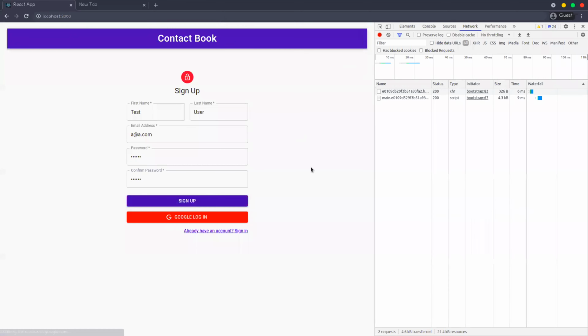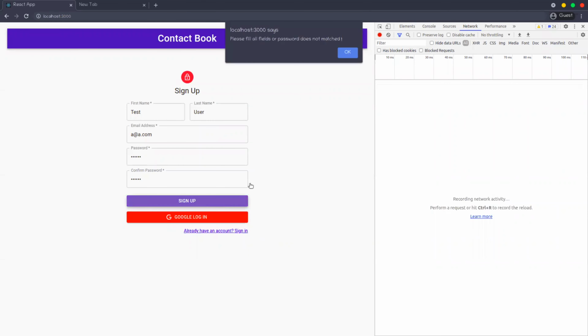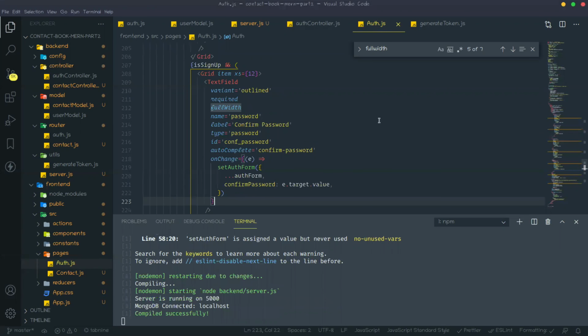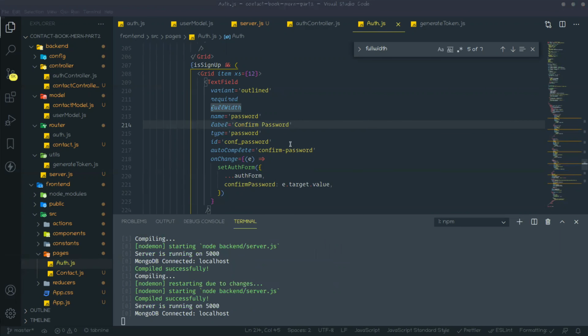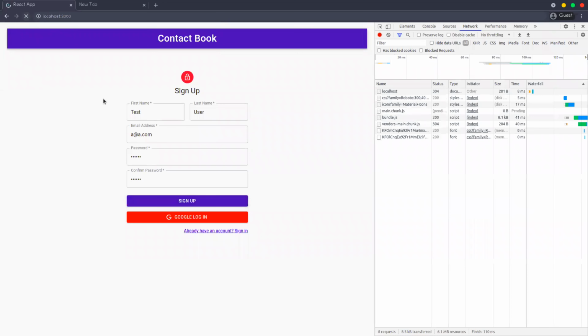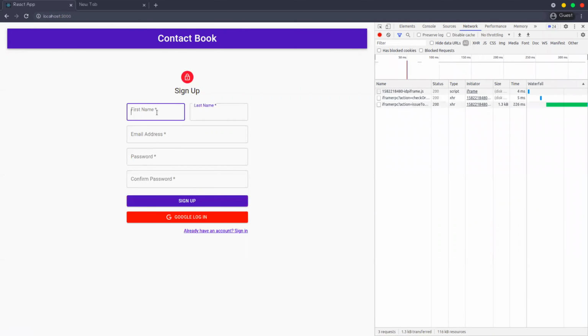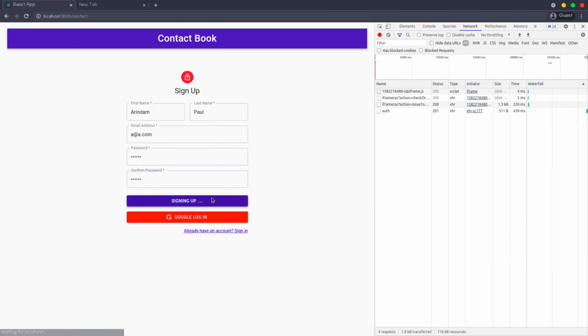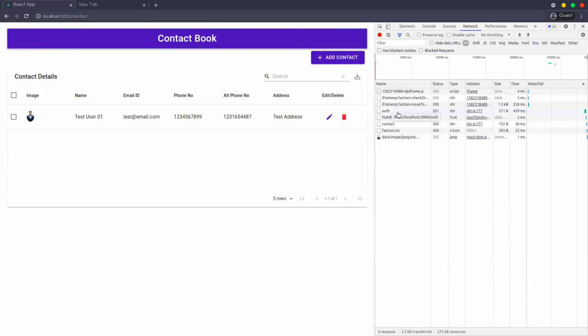Now try it. What happened? So you can see that it is working perfectly.